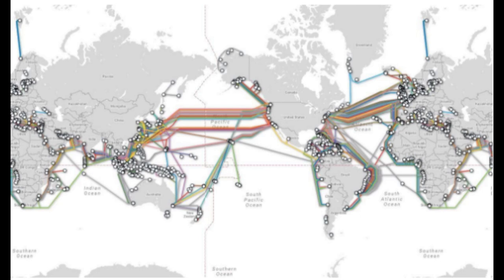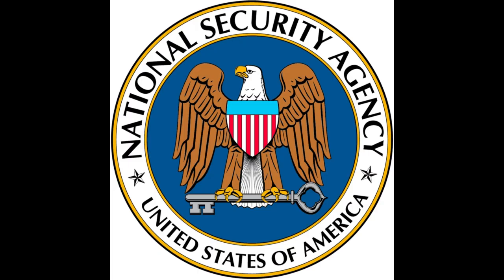There are two programs of collection. Upstream is exclusive to the NSA, which can compel U.S. companies that maintain internet infrastructure, so server farms, internet cables, Elon Musk's Starlink satellites, to share targets' communications that pass through their infrastructure.